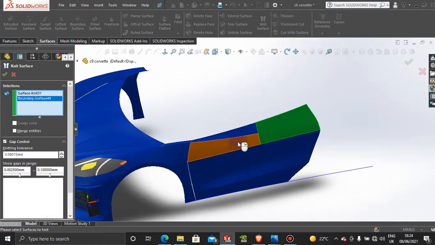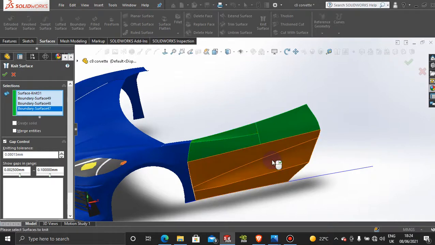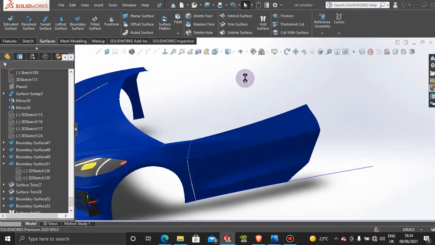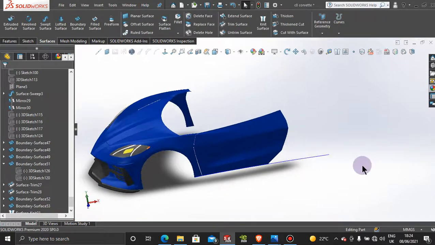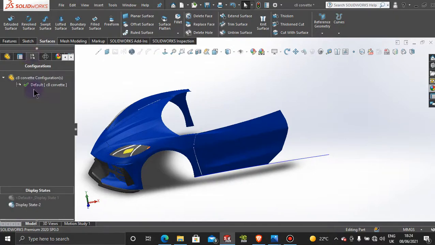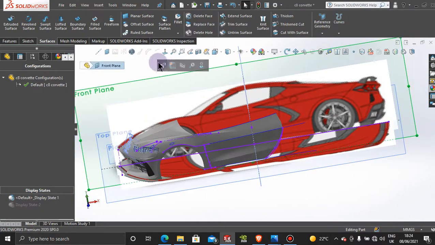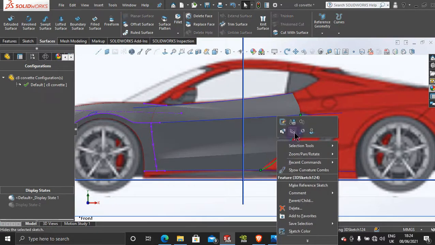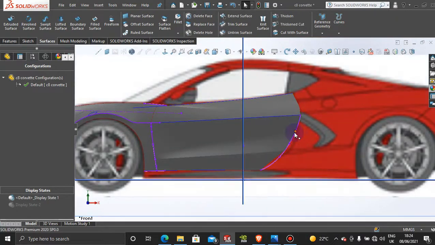And this surface here, right? Let's press OK. All right, that's good. All right, so let's jump over to our first display state here, and then let's jump into this view here. And obviously, we need to extend this surface because this section here will sit on this ledge. So we want to make that surface come out a little bit longer, and then we can also trim back